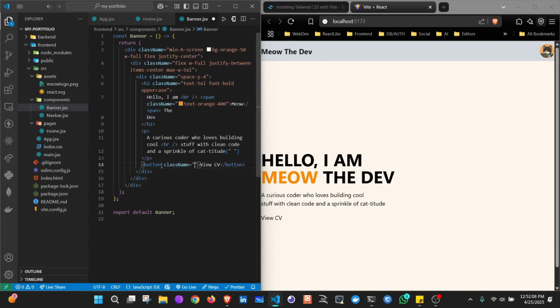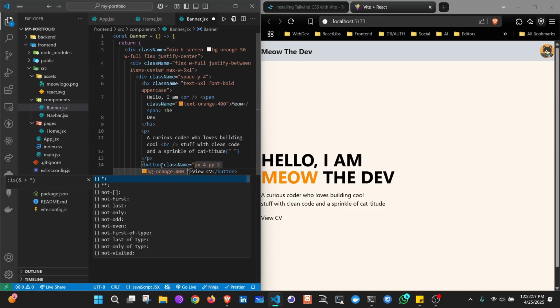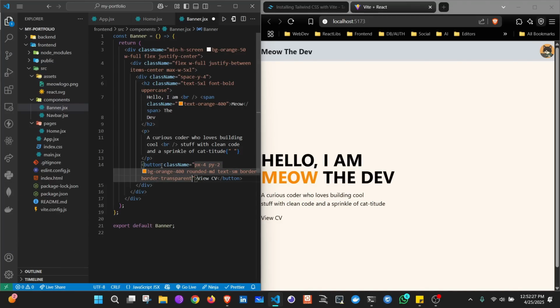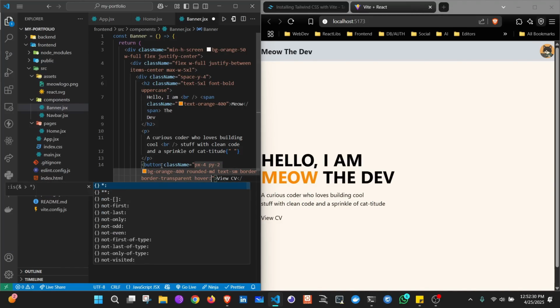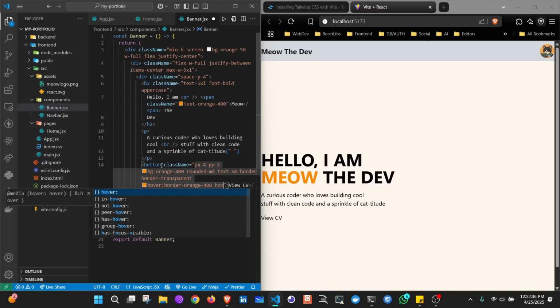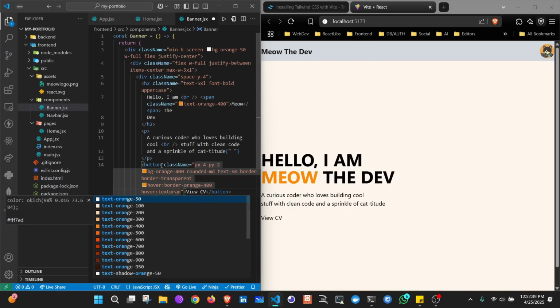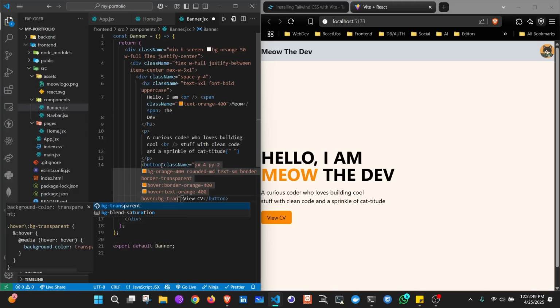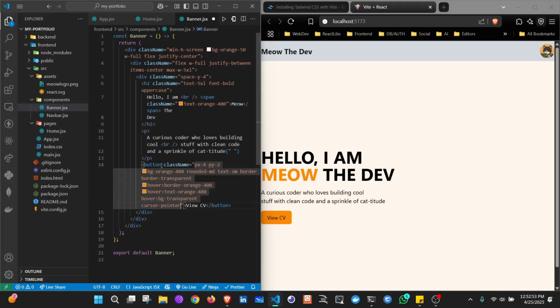So give it a class name of, let's say, padding in x-axis of 4, padding y 2, then bg-orange-400, then rounded-md, text-sm, give it a border-transparent, then on hover make the border orange-400, and on hover the text will also be orange-400, and on hover the background will be, let's say, transparent,